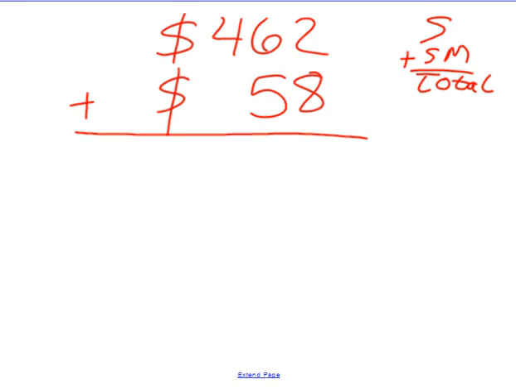So, 8 plus 2, carry my 1. 6 plus 5 is 11, plus the carried 1 equals, carry the 1, 4 plus 1 is, so the answer, Jamal had how much money? $520, correct. Right, can't forget the label. All right,